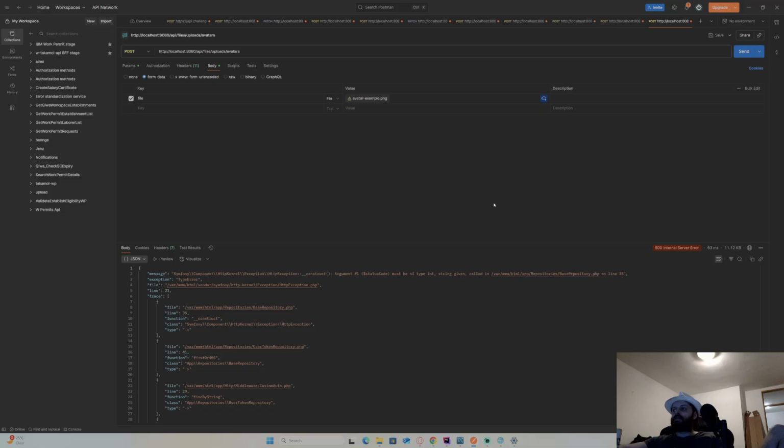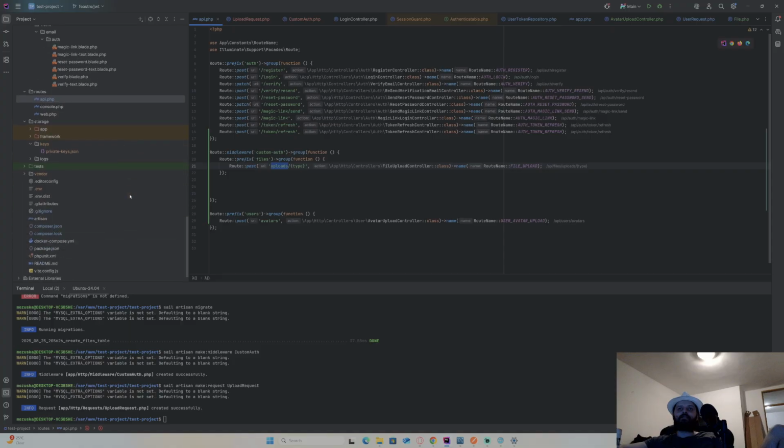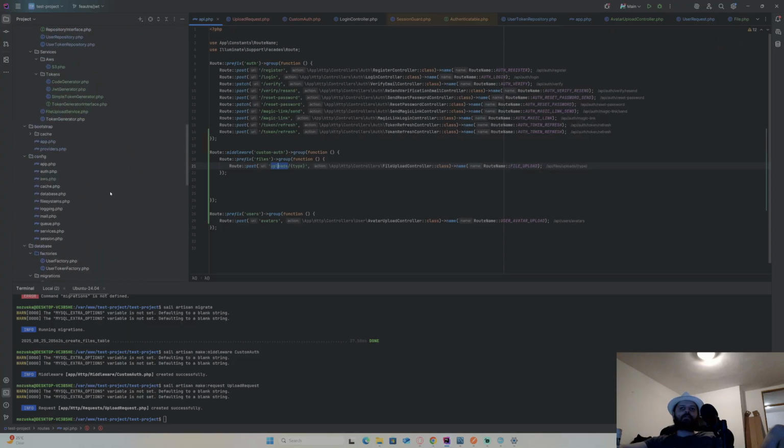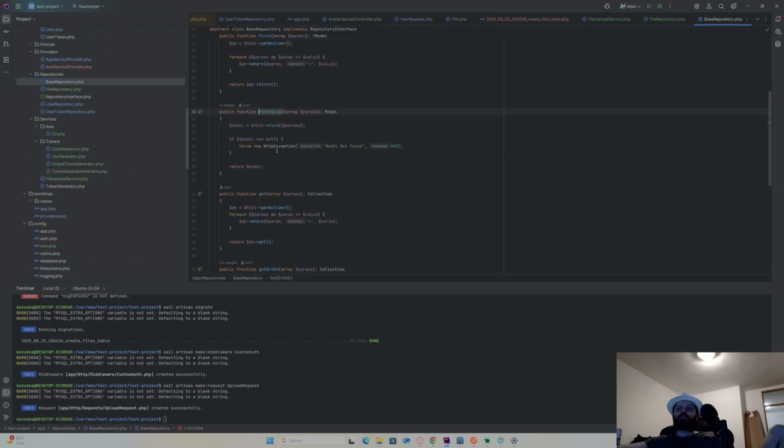Where, base repository 13, what? Base repository 35. That's just weird. Repositories, base repository 35. Okay, something's not found. Yeah, I did this wrong.